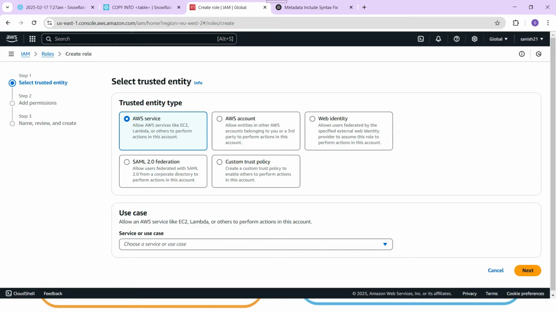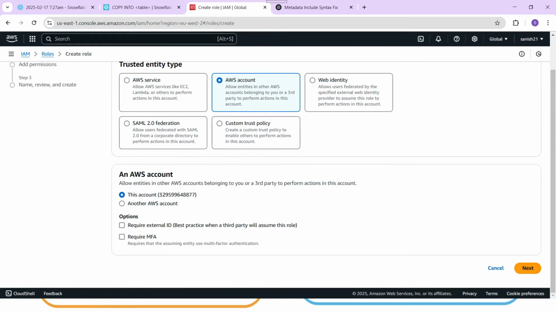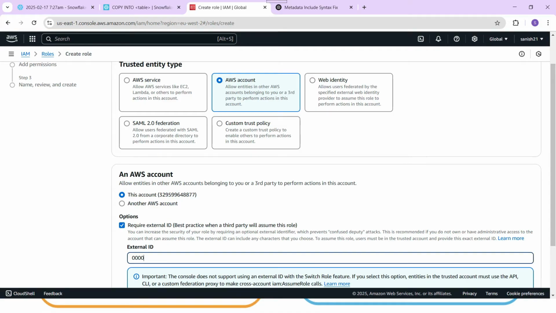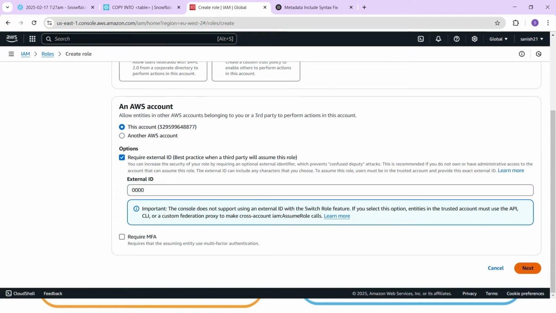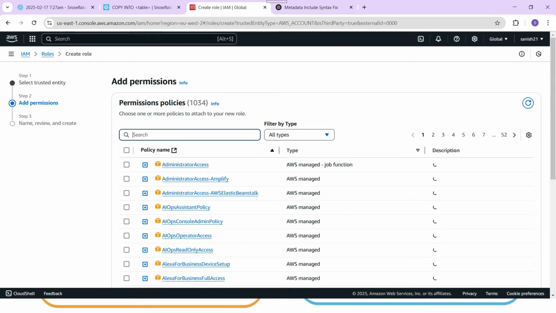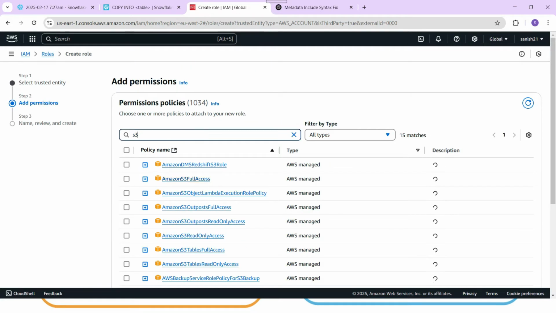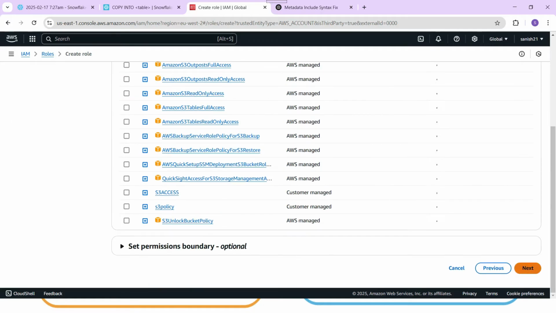AWS service: if you are going to provide access to any AWS service itself within the same account, we can use this one. If you have to access a different AWS account, or if you are accessing a third-party tool like Snowflake, then we need to select AWS account. Select that, go down, click on external ID, and give an external value. It's a dummy value which we will override with some other value. Go here and just provide full access to S3. Click on this value, click on next,